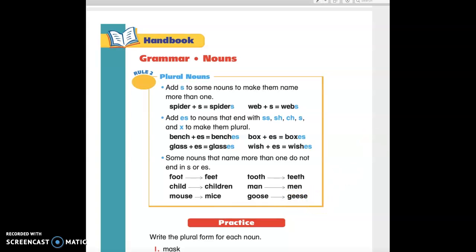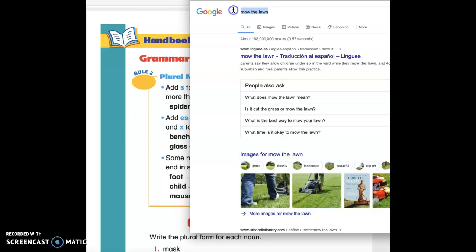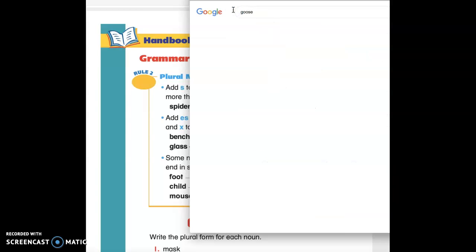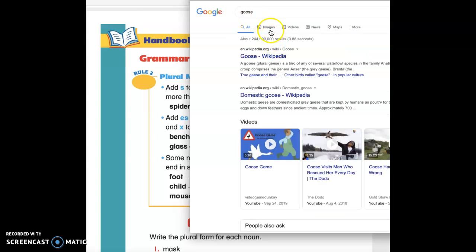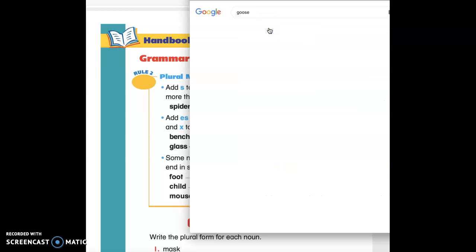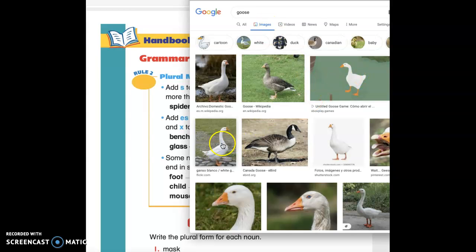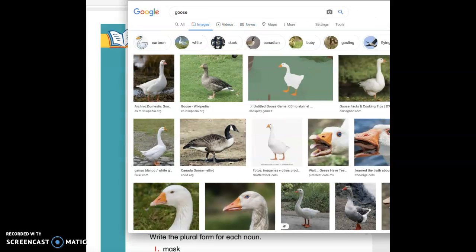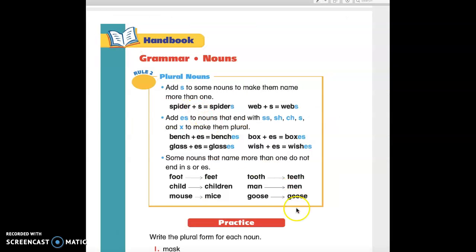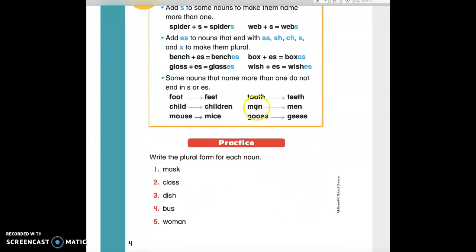Oh, let me show you because we have this. So we're gonna say goose, and this don't show. There we go. This must be like that. Okay, a goose. You have different kinds of goose, but you know what? They are loud, very loud. L-O-U-D, loud. So, but you know when you have that, you can also say woman, women. Okay.